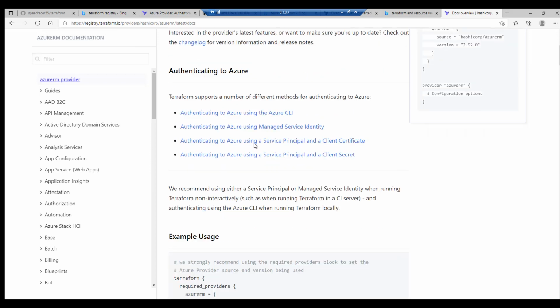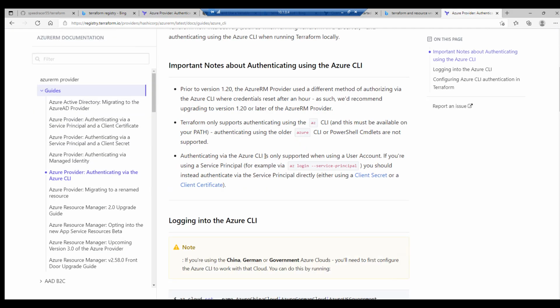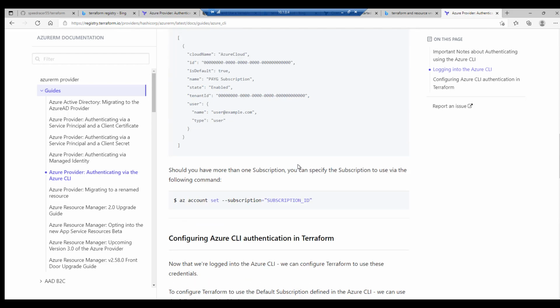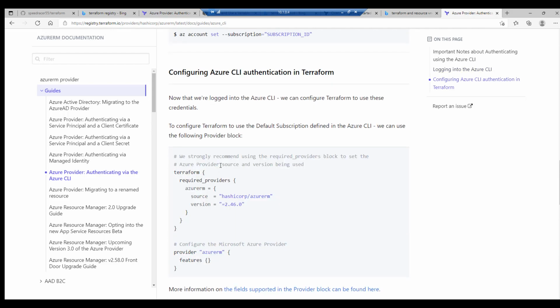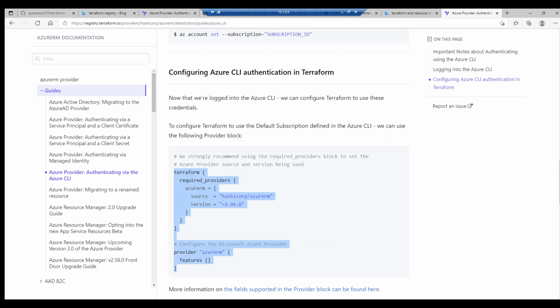And these are the 4 ways you can authenticate to Azure. We're going to do the command line. And you can see if you need to log into Azure, do an AZ login. But I'm already logged in, so I'm okay. And we can use this one right here. All we need. So I'm going to take this, copy,